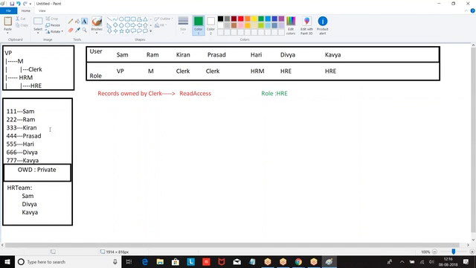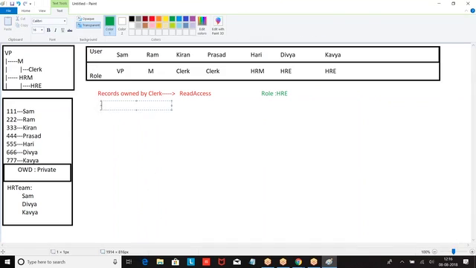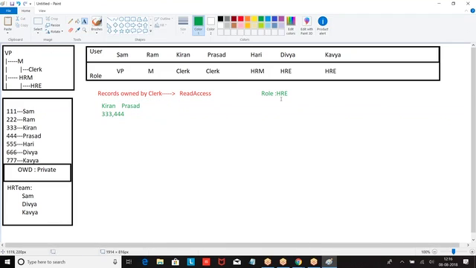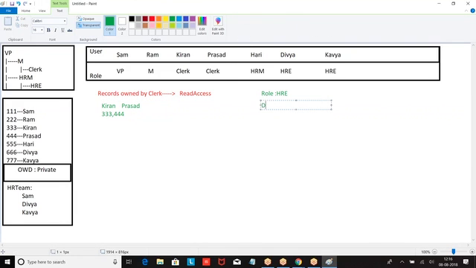Now let us see who has the role of clerk. Kiran, and next one. Which records are owned by these people? 333. Now who has the role of HR executive? We have Divya and Kavya.